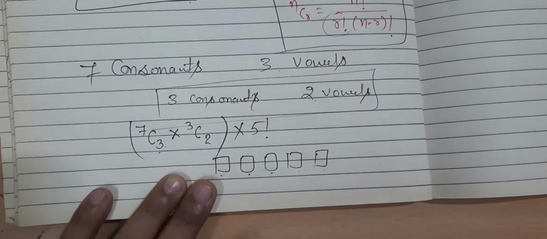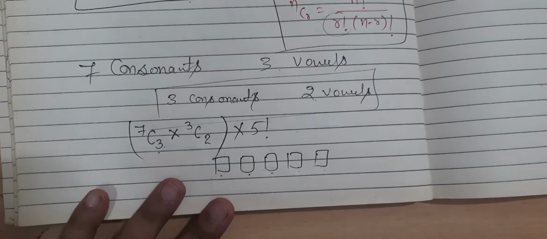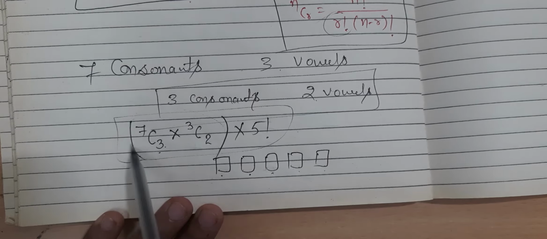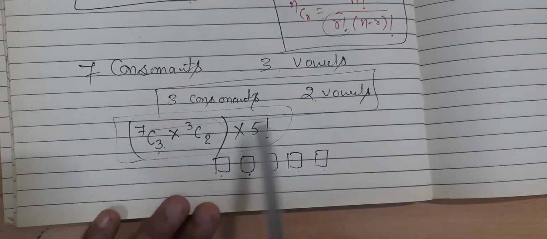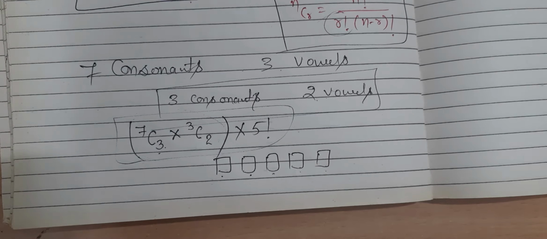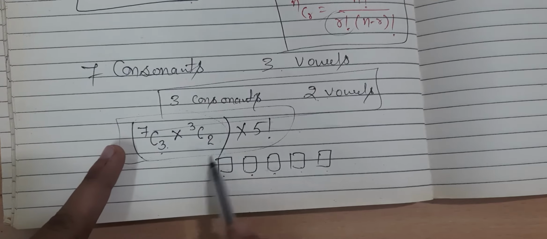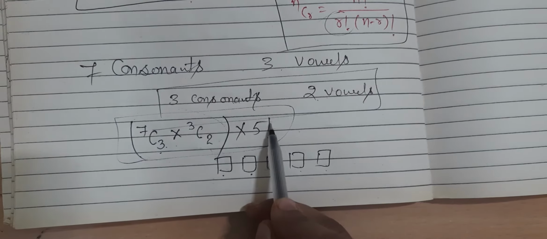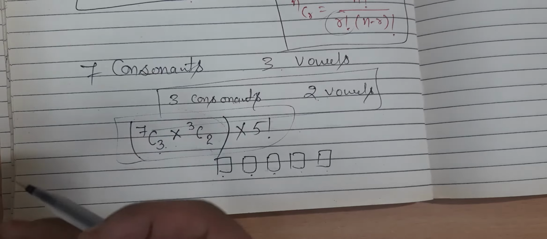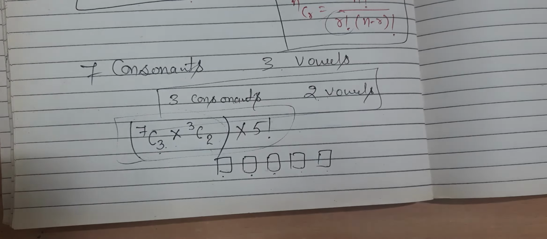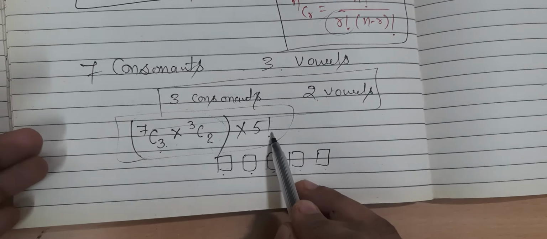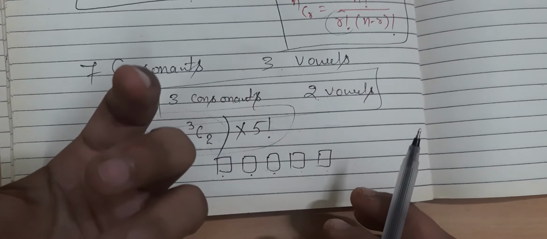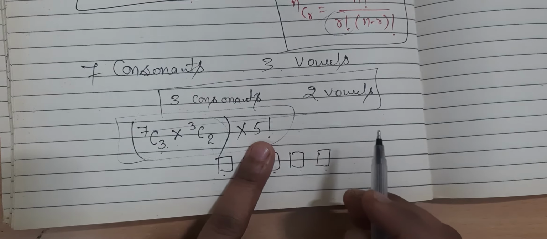Factorial 5 ways. Okay? Now this is the answer. Here we have selected these 5 letters, and these 5 letters can be arranged. So in the first part, selection, that is why we have used combination, and now these 5 letters can be arranged in different ways. Arrangement is there, so we have used permutation. So 5 letters, so the total possible arrangements will be factorial 5.